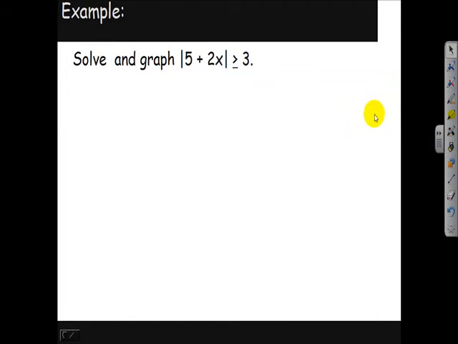In this example, we're going to solve and graph the absolute value of 5 plus 2x is greater than or equal to 3. We'll just do case 1, case 2. Case 1, 2x plus 5 is greater than or equal to 3. Case 2,